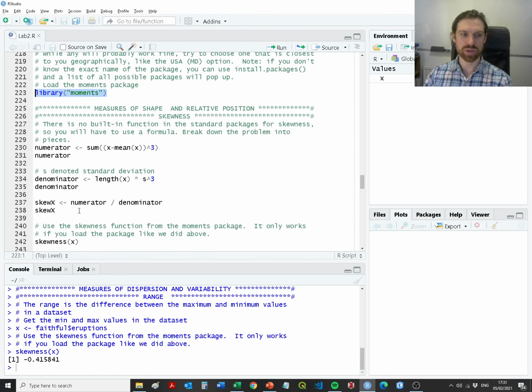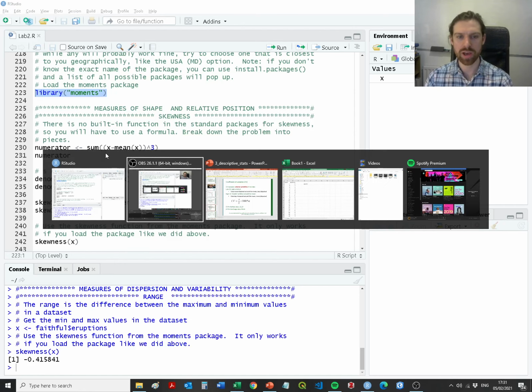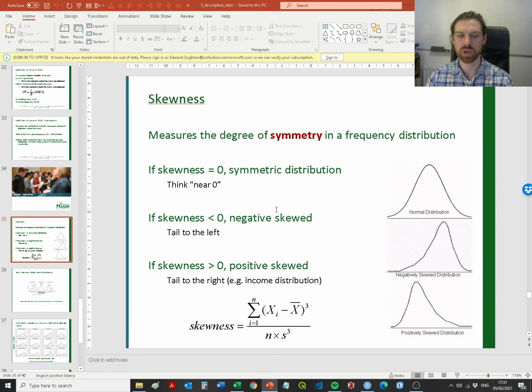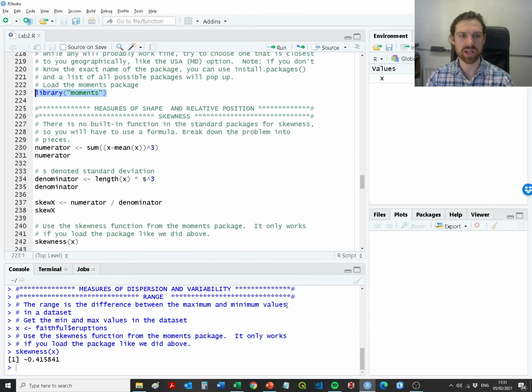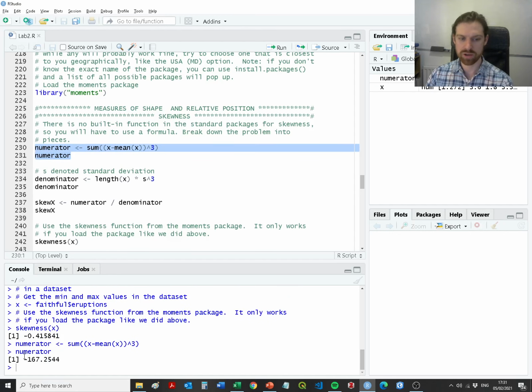Essentially what we want to do is look at the skewness of the data. So this is going to give us some indication as to how symmetrical the data points are. What we want to do there first, if I just remind you of the actual equation, is get the deviations, and then cube them to get the numerator. So that's what we're doing here. We're basically subtracting the mean from all the data values, and then we're raising them to the power of 3, and then we're summing them in order to get that numerator, which here is minus